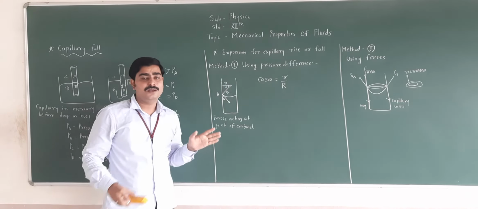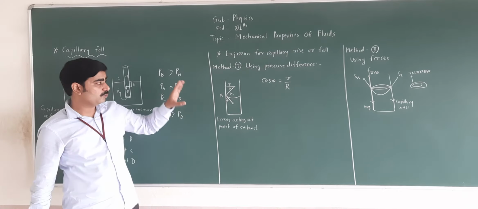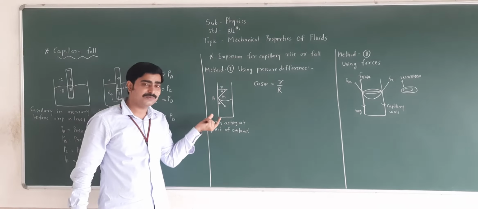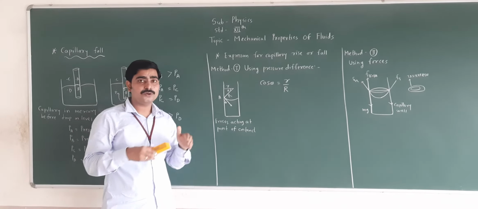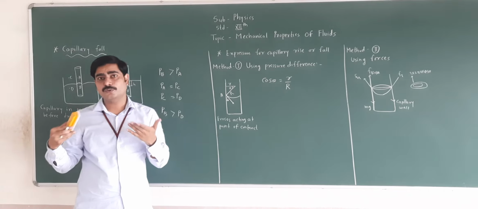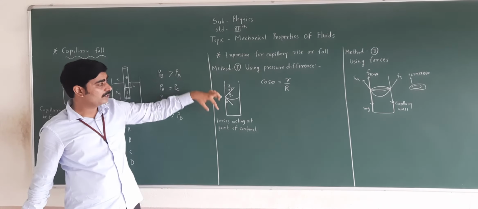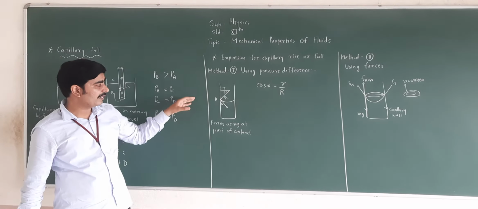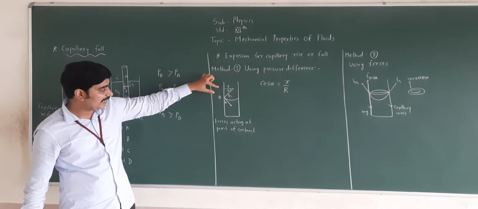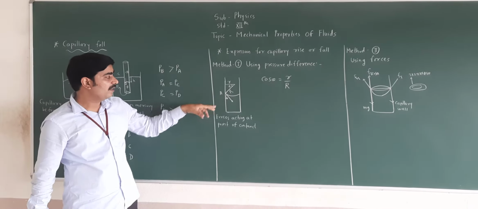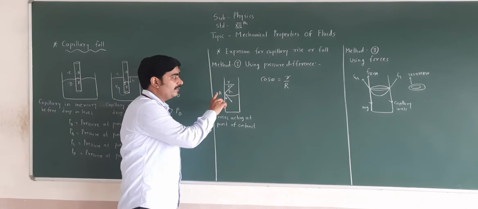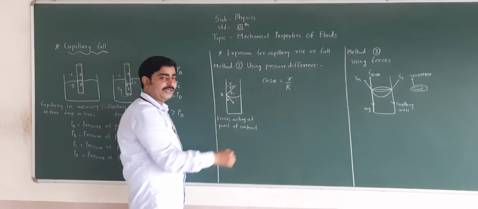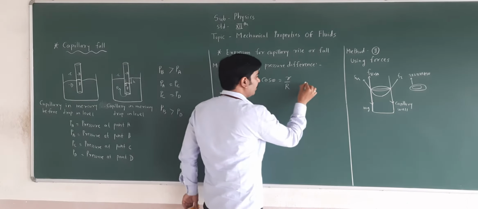Friends, remember when you are writing the equation, first you should draw the diagram, then in short you should explain the diagram. So how can I explain this diagram? You should write the explanation. I am not writing the explanation, I am telling it orally. You should write that when the capillary tube is dipped in the liquid and the liquid level rises, in the given diagram, A is the point of contact and theta is the angle of contact. Then from the given figure, cos theta is equal to small r upon capital R. This is equation number 1.